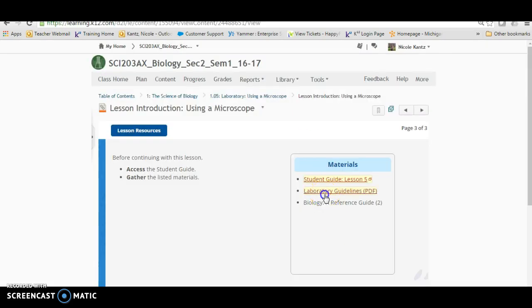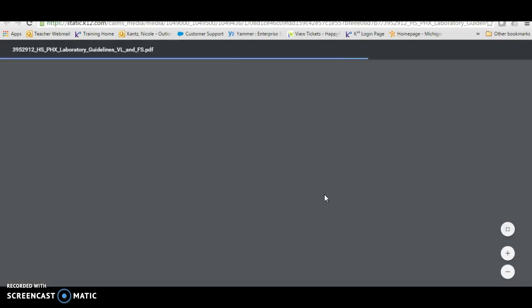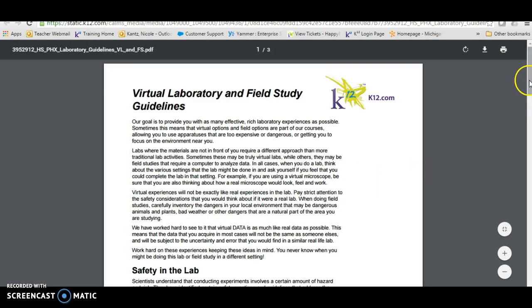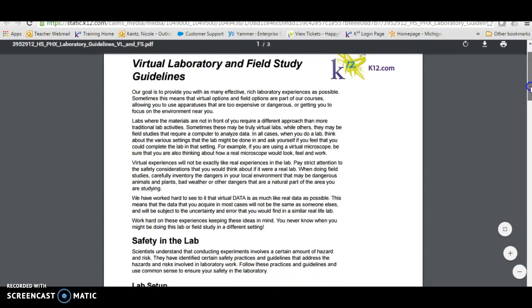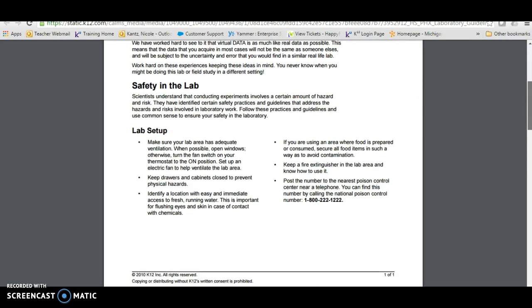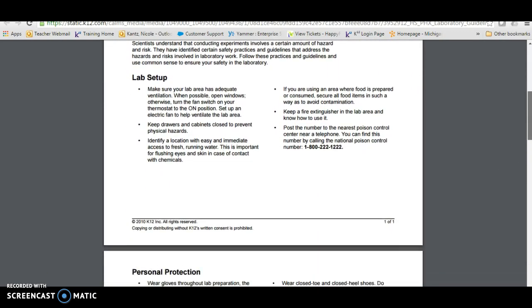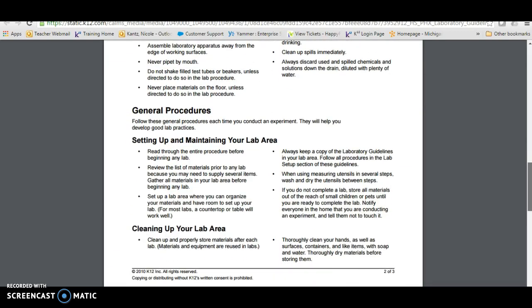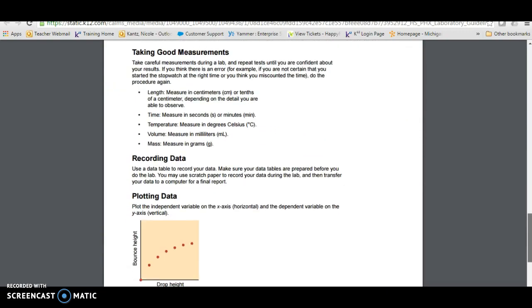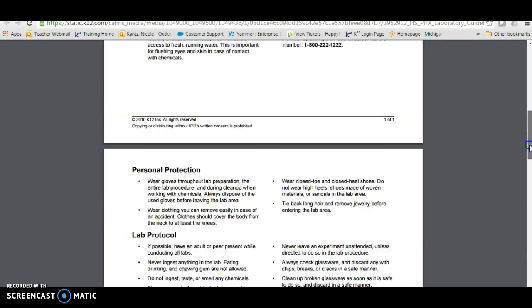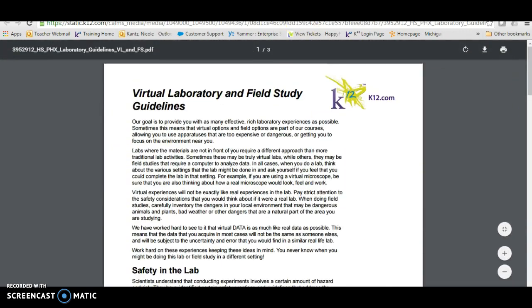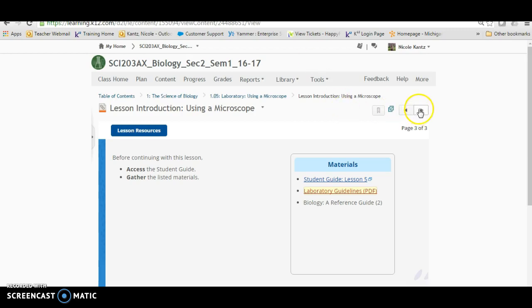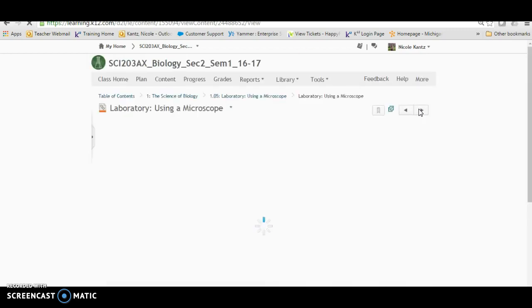Next, you're going to read the laboratory guidelines. It is a page that every single lab will have. However, it goes over safety in the labs. Even though this is a virtual lab, you do need to be aware of the lab protocols and safety. So please make sure you read that. Once you've done that, you can go on